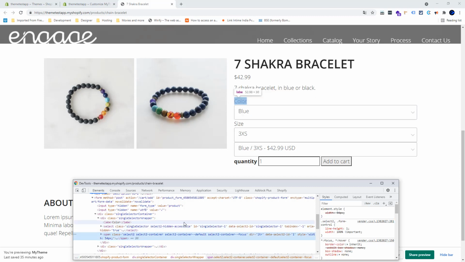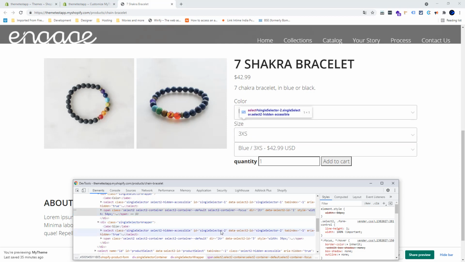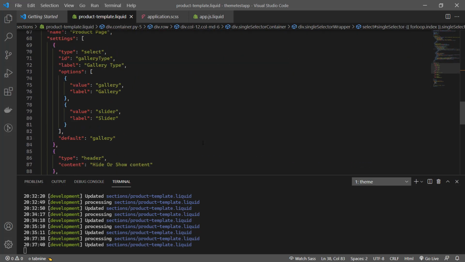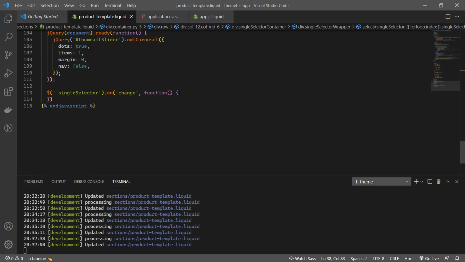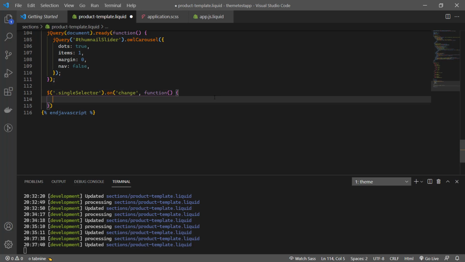So that's our first selector, and that's our second. And here I'm going to loop through all selectors. Let's call this variant